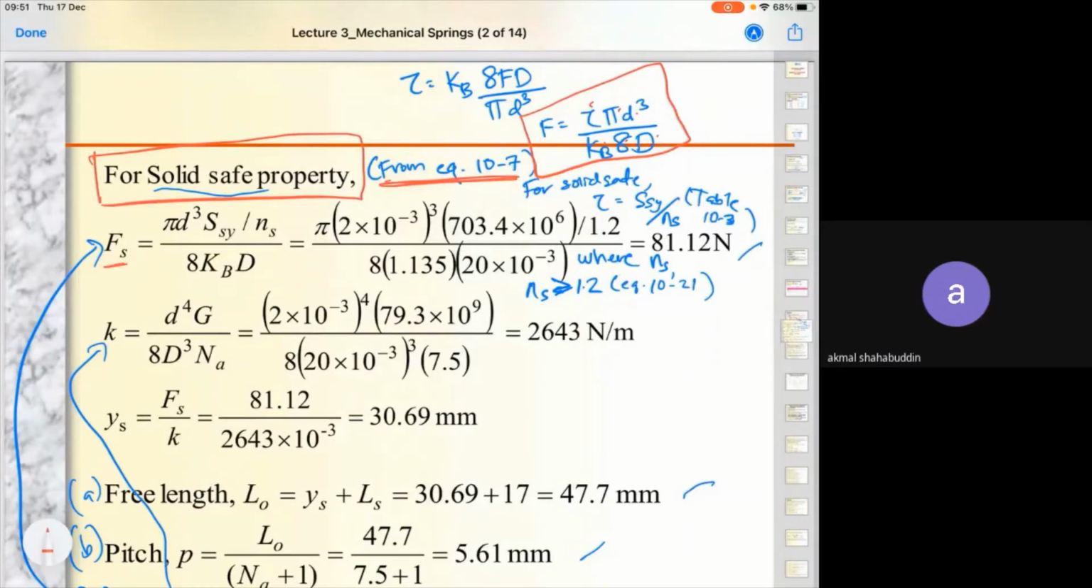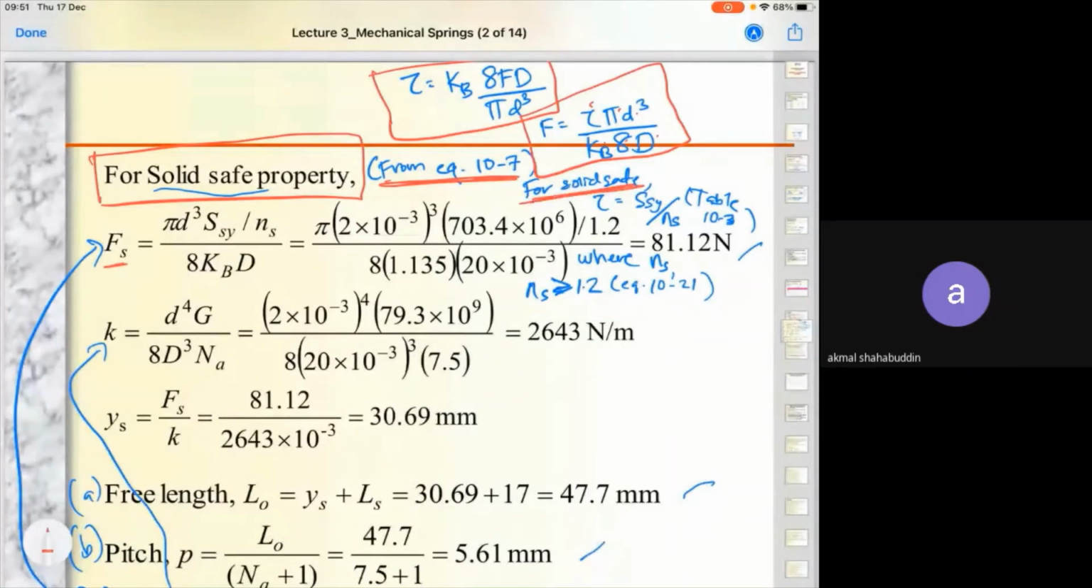Okay, equation 10.7, jangan terkejut bila you tengok dalam textbook, dia yang ni lah. Bila kita nak gunakan dia, kita nak jadikan F sebagai subjek, so you keluarkanlah F. F jadi pi d power of 3 over kb. And then for solid safe condition,